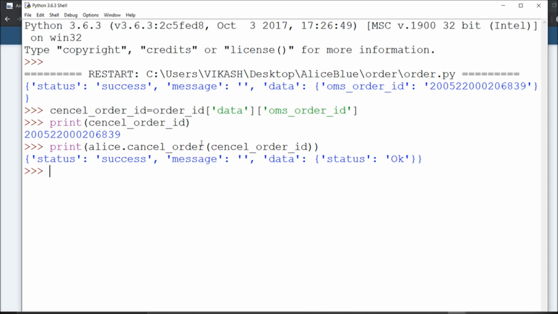So for a cover order and for your bracket order, it will definitely get cancelled with the help of a parent order ID. But for cancellation of other things, you just look out. Okay, so you can refer to the Alice Blue GitHub pages for these things. So whatever open order is there, it will definitely get cancelled, and other things you have to place as a vice versa order. Okay, so go for this and try this one.